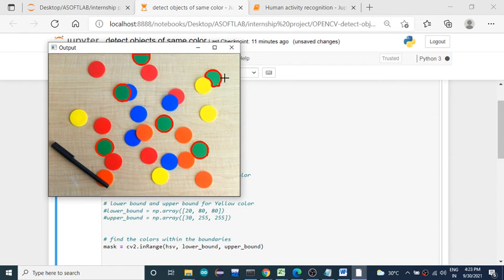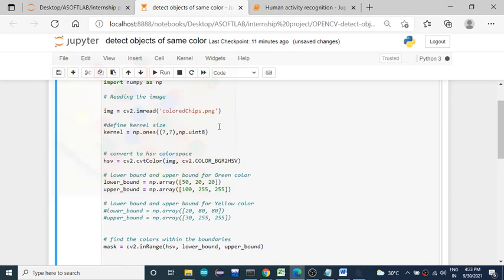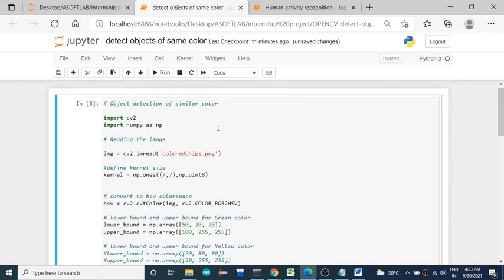See here. Okay, so this is how you can detect the objects of the same color. What are the steps you are going to follow here? First, you need to convert from the color space to grayscale. Okay, colored image to grayscale image.